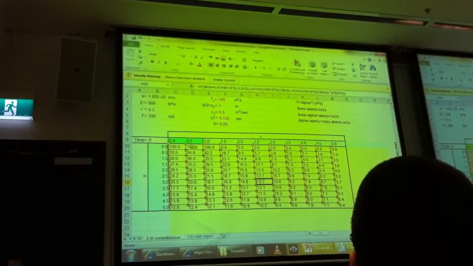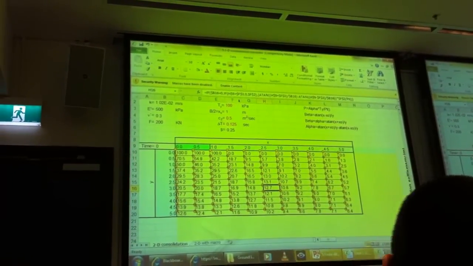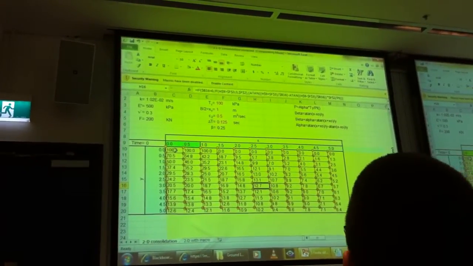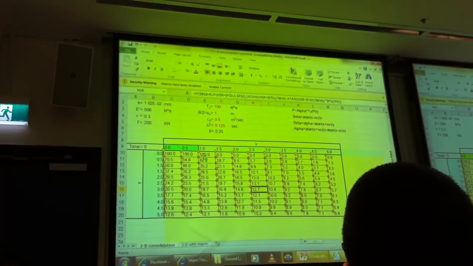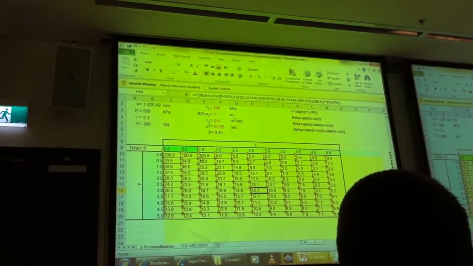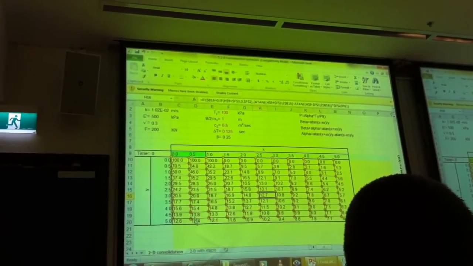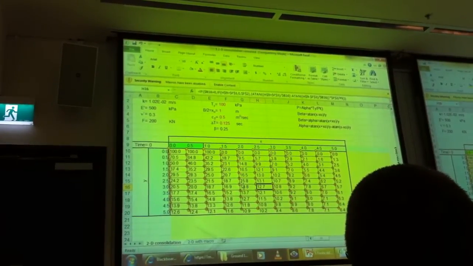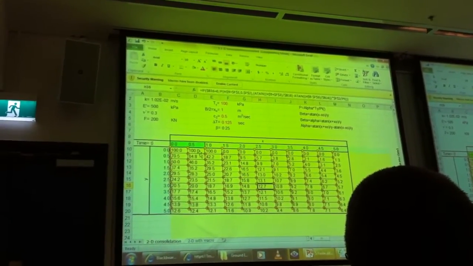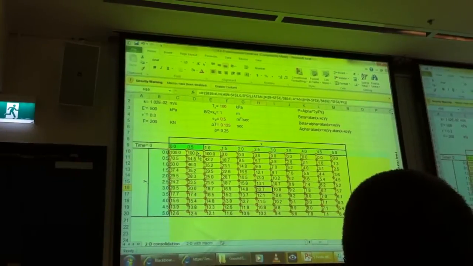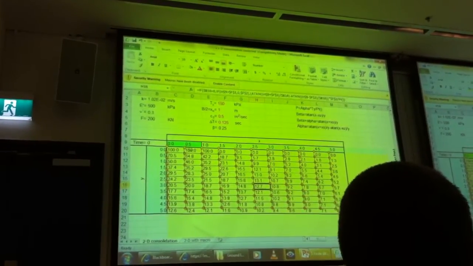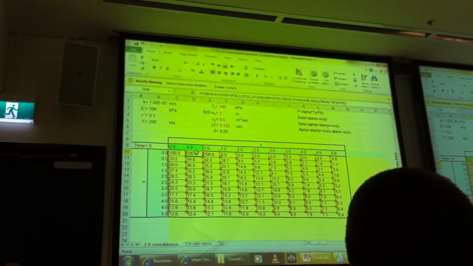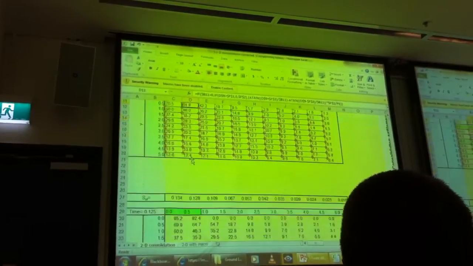You calculate the stresses because you apply 100 kPa under the foundation. You also have 100 kPa pressure. As you go away from that and in the vertical direction, the pressure reduces. So with the equation that you have, it's not possible to calculate the contact pressure under the foundation. You need to set it up. And then